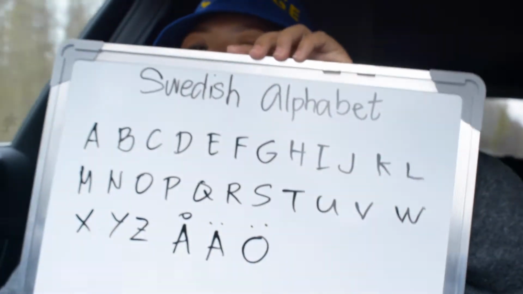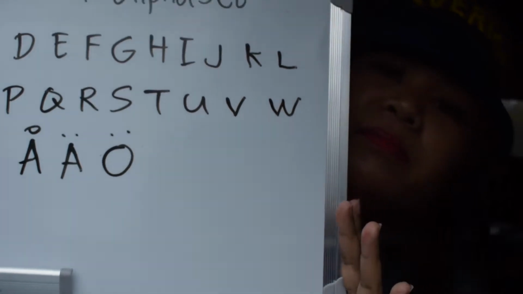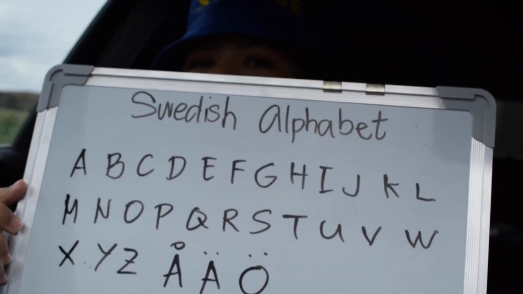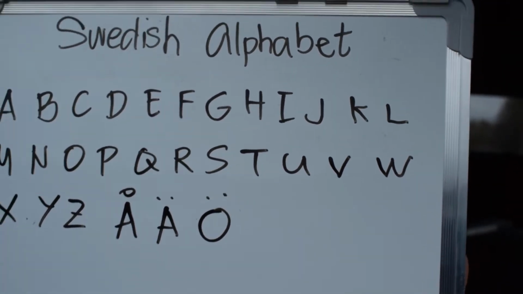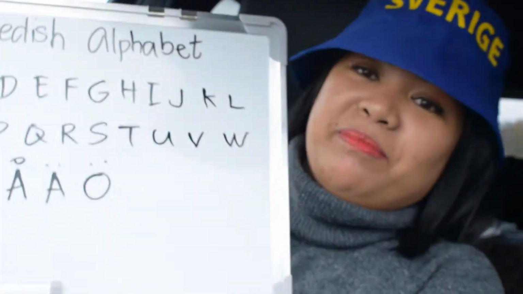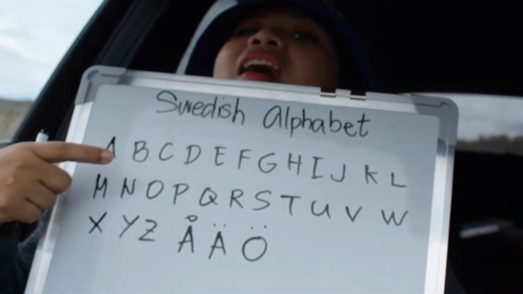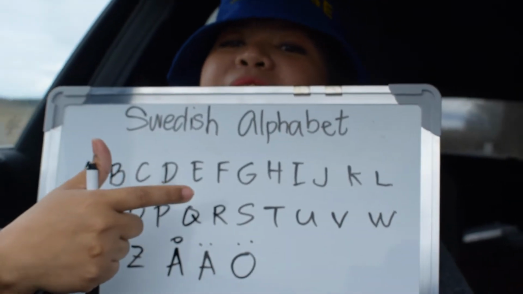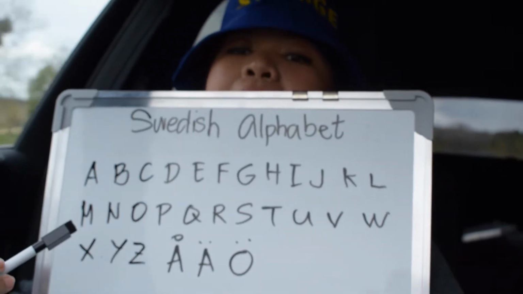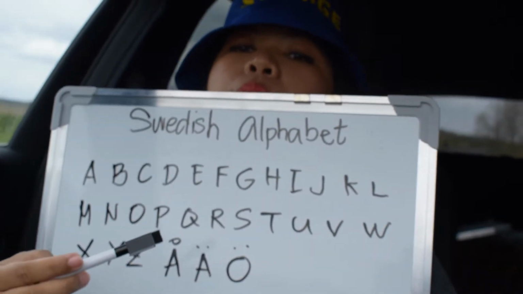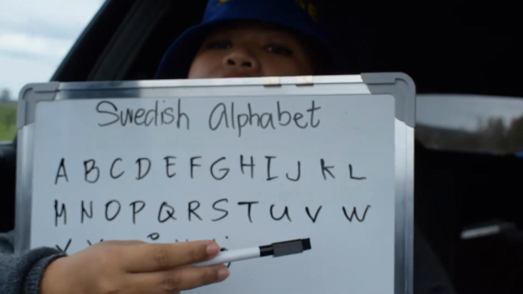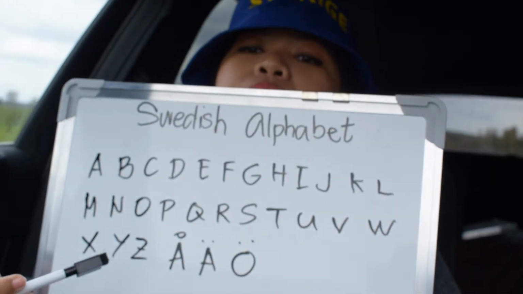Here is the Swedish alphabet. From English, we start with A. In Swedish it's A. A, B, C, D, E, F, G, H, I, J, K, L, M, N, O, P, Q, R, S, T, U, V, W, X, Y, Z,